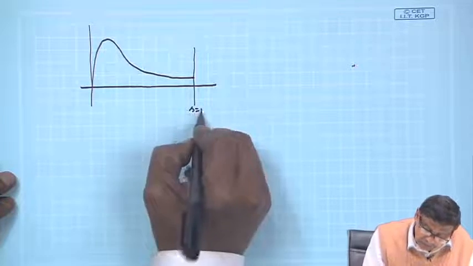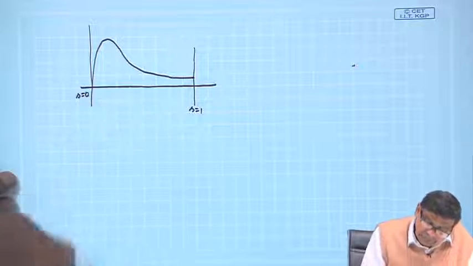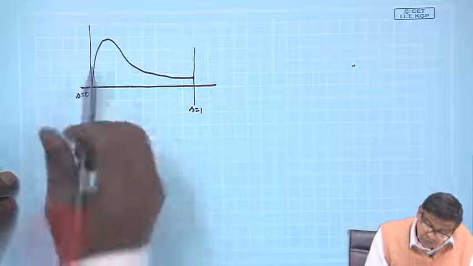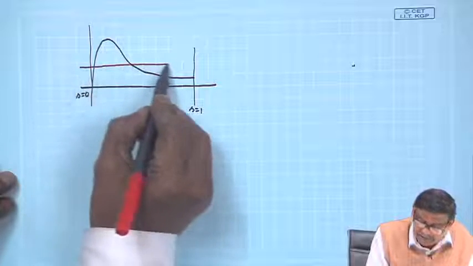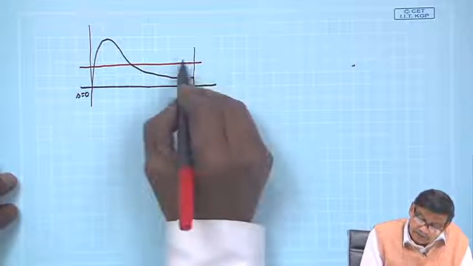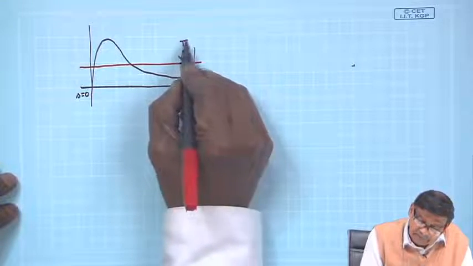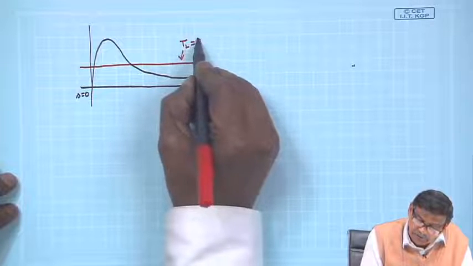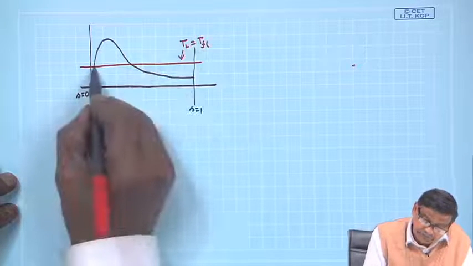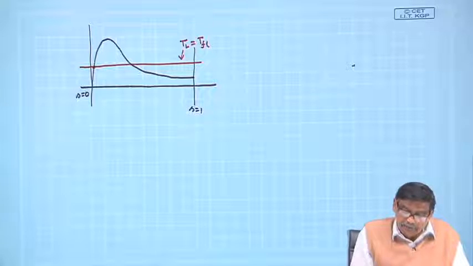This is S equal to 1, S equal to 0, and this is, suppose, the full load torque, as I told you, like this. T load is equal to T full load, suppose, somewhat midway. Now, you can see